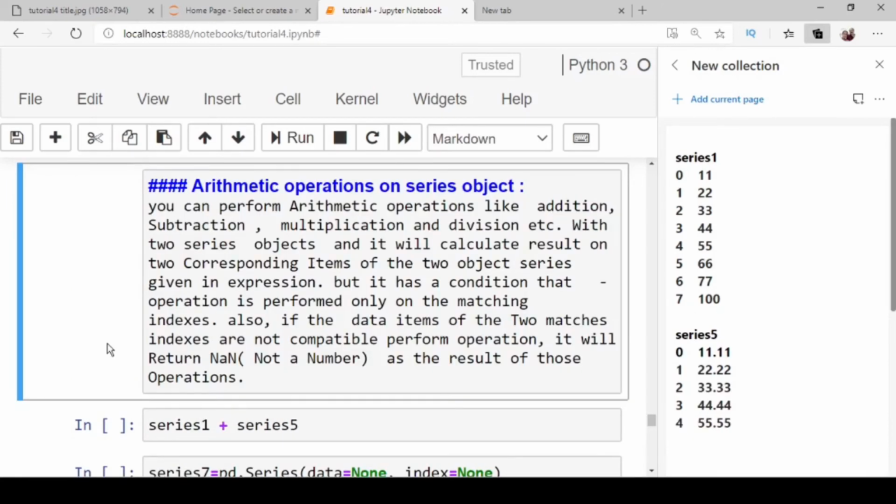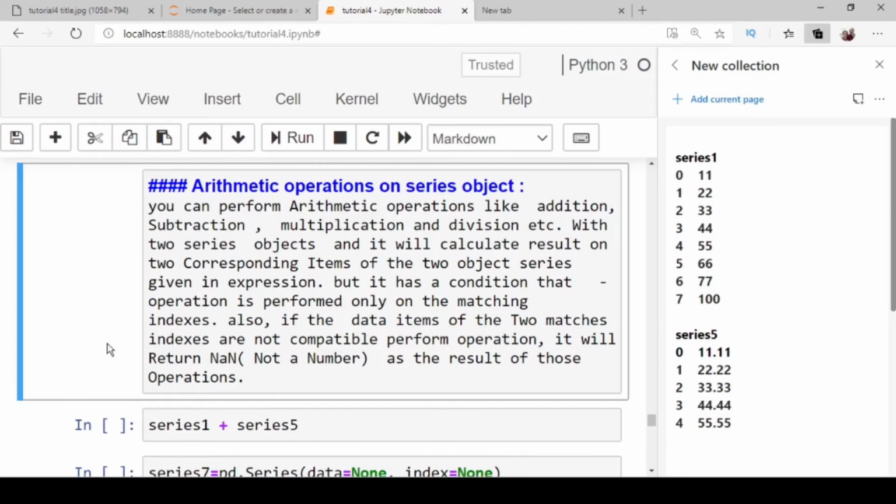Arithmetic operations on series objects. You can perform arithmetic operations like addition, subtraction, multiplication, and division with two series objects, and it will calculate the result on the two corresponding items of the two series objects given in the expression.